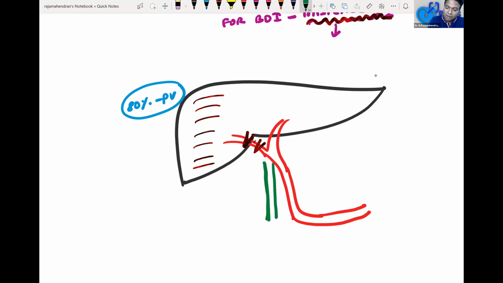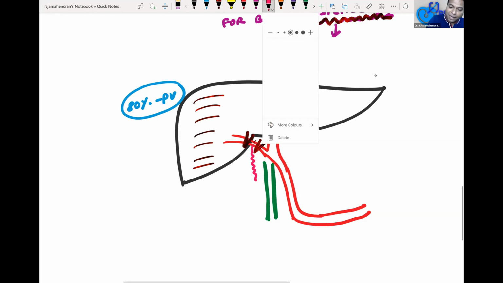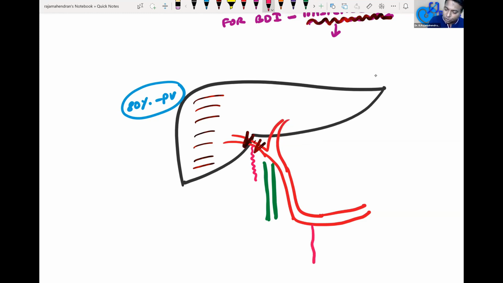Please remember, the common bile duct gets its blood supply from the right hepatic artery, a descending branch from above. Another branch is from the gastroduodenal artery, running from below upwards. So from the gastroduodenal artery below and the right hepatic artery above, branches run along the lateral and medial walls of the common hepatic duct. We have blood flow like this.